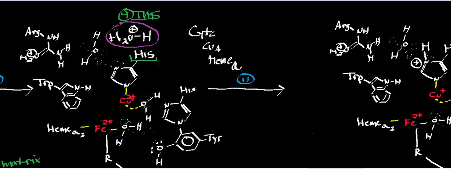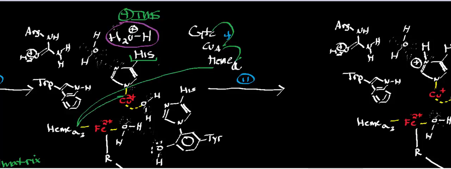Okay, so what's going to happen now is we're going to get our final electron transfer. So cytochrome C, the final cytochrome C, we could even call this cytochrome C number 4, even though it's not what it's called. It's the same cytochrome C as before, but it's the last one. It's going to transfer an electron to copper A, which transfers to heme A, which will then transfer to heme A3. And then